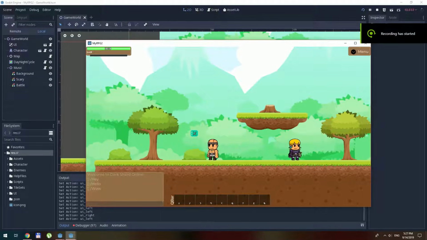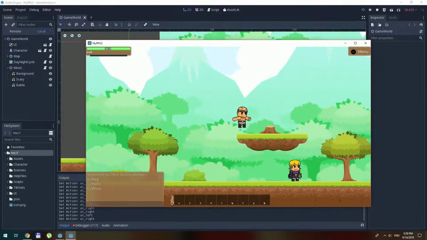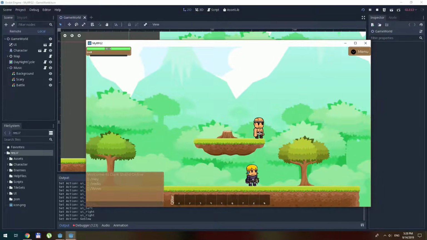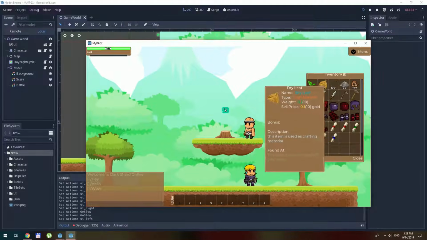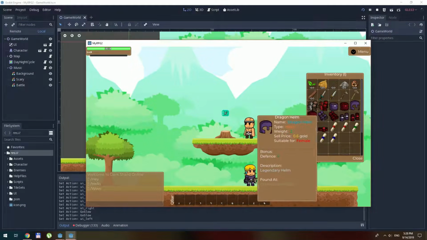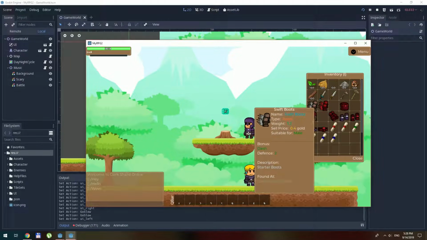Hello everyone! Today I'm starting a new Godot series about making your own, your best, your special MMORPG. In my case, this is a platformer and it has a lot of different stuff like an inventory with items inside it, equipment that you can equip easily,